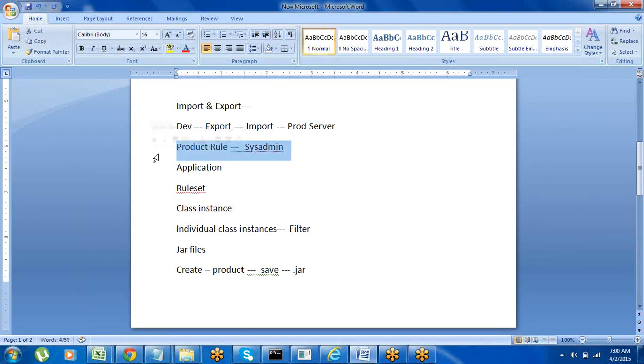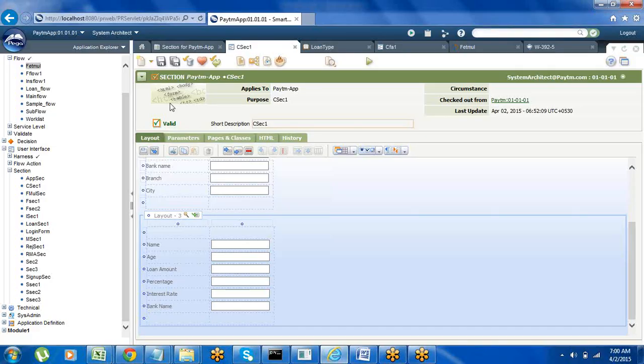From the sysadmin category we need to create the product rule. Okay, how to do that means,